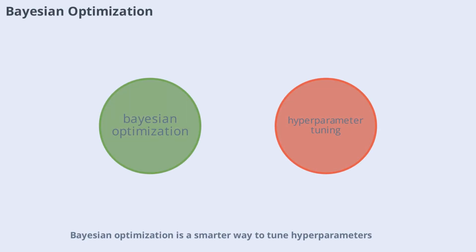Bayesian optimization is a smarter way to tune hyperparameters. It builds a probabilistic model of the objective function, often using a Gaussian process, to predict which hyperparameter sets will perform best. By balancing exploration of new areas and exploitation of known good regions, Bayesian optimization can find optimal configurations